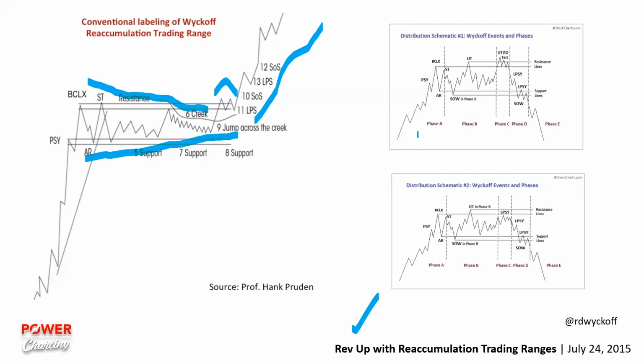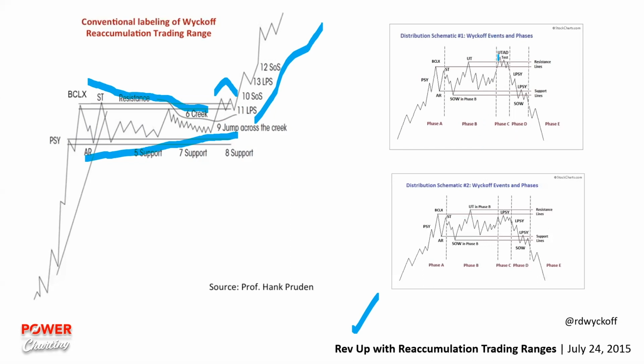So same thing, here's the paradox. Notice that in reaccumulation, when you pause an uptrend, you get a buying climax, automatic reaction, range bound condition. Here, you have the same thing, buying climax, automatic reaction, range bound condition, but this is the beginning of the attributes or the characteristics of distribution as they form. The main difference between these two schematics, and they're not the only two ways that distribution can form, but all distribution has commonalities and characteristics. And we look for the character in these phases A through E, where we look for certain things to happen to define